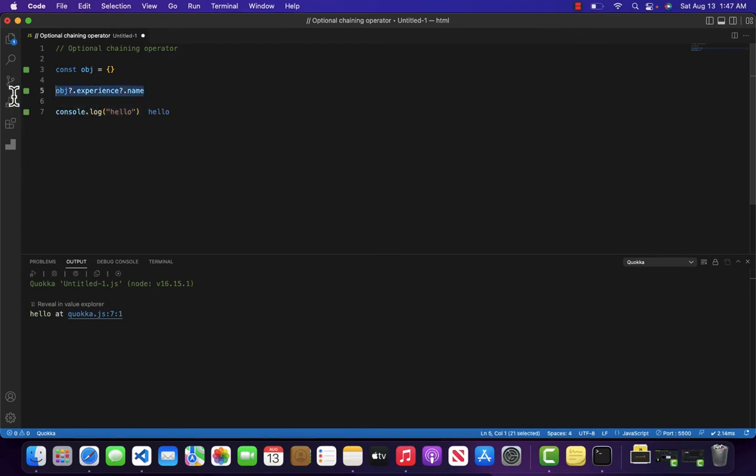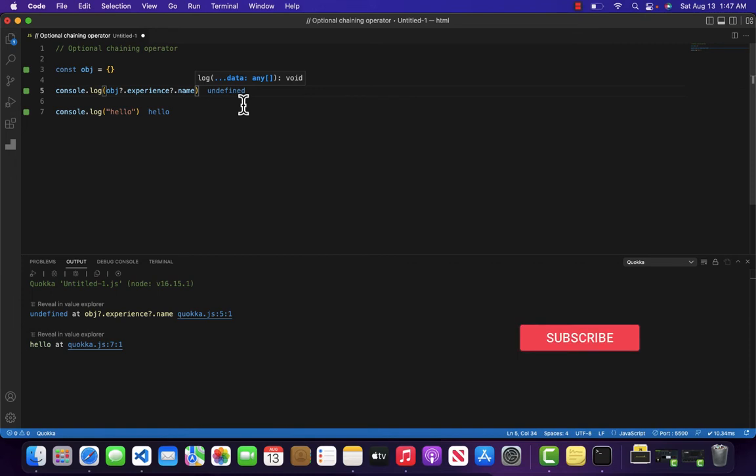And if I print this out as well, you can see that it is now returning undefined. In case any variable, property or function is returning undefined, our code will not break at any cost. So this is for the safe side. Whenever you are fetching deeply nested properties from an object, it is advisable to use this optional